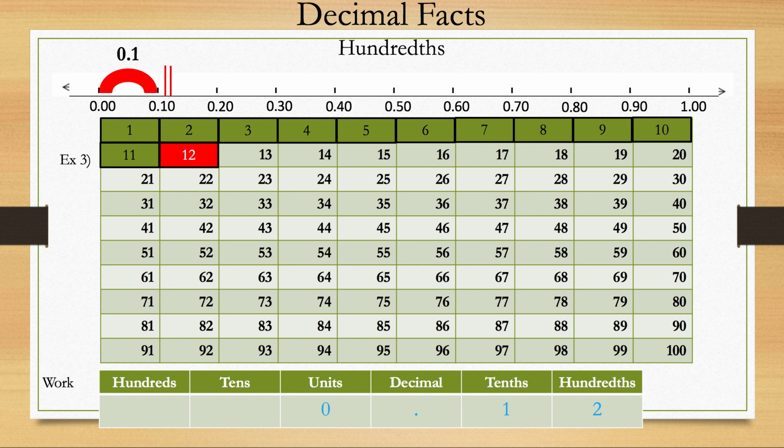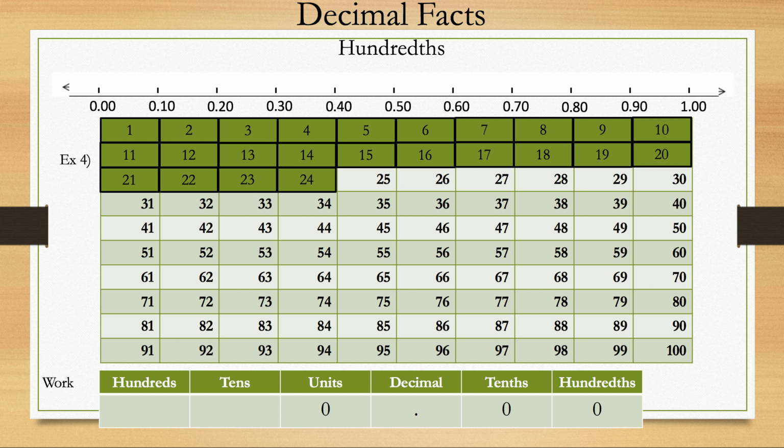And now we're going to do one more example. We have these 24 sections highlighted of the 100. So what do you think the answer is going to be? If you're not sure, count with me. So we have the first one highlighted, and now we continue counting by 1. But remember, we're counting by 1 in the hundredths place value. So when we get to the 9,